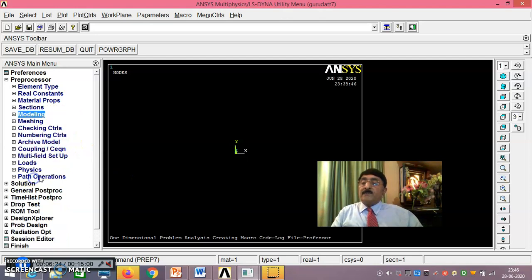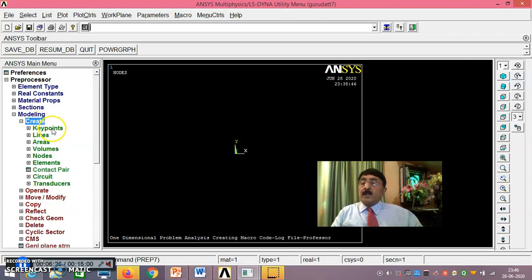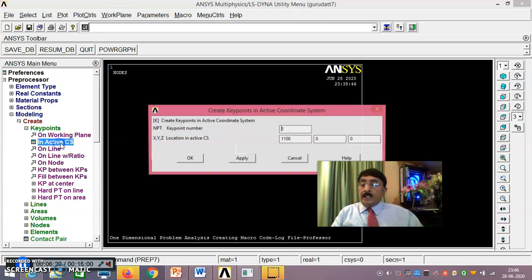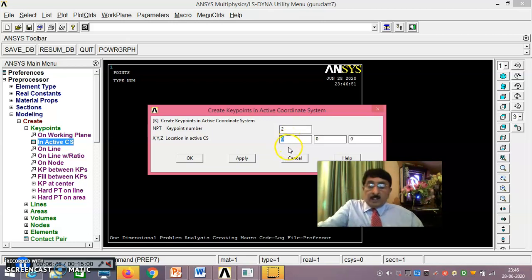Then modeling, create key points in active coordinate system. You just see 1, 0, 0, 0, you do first point. Just say apply. Then you go for 2, I think it is 600, apply. 3, 600 plus 500, 1100.